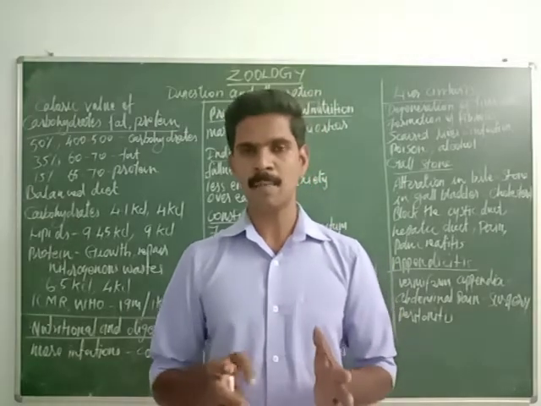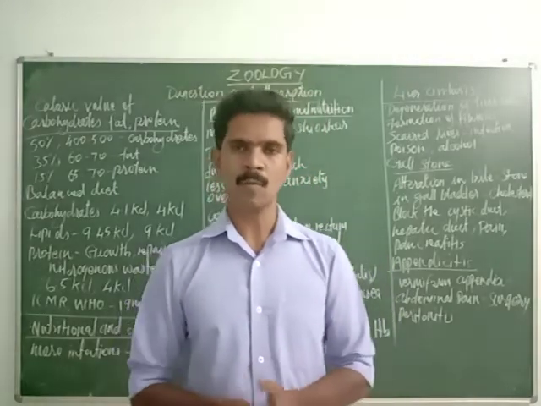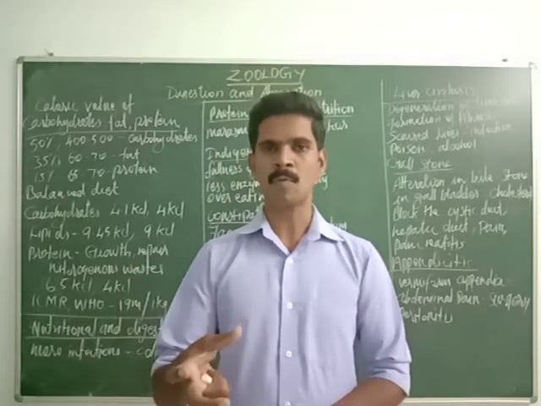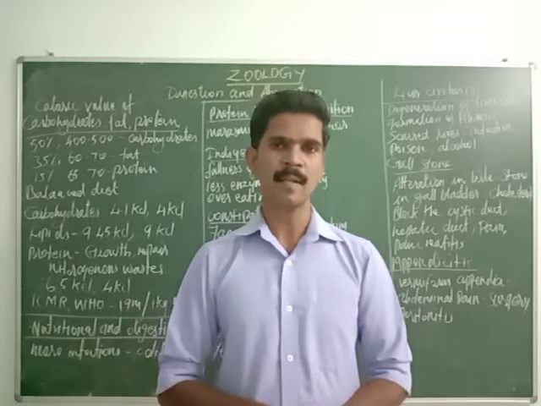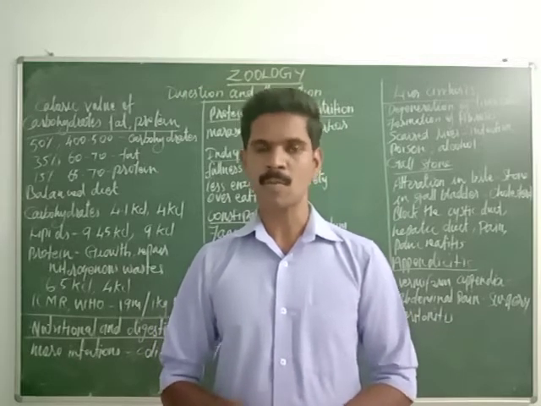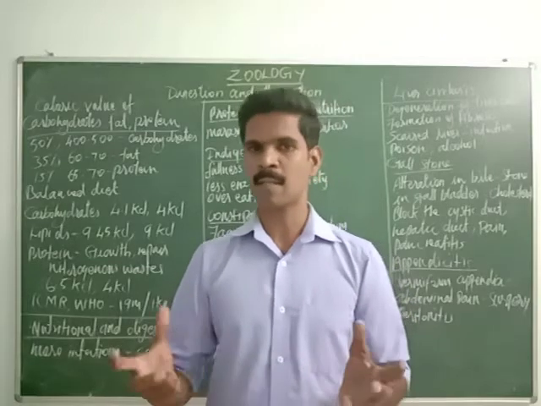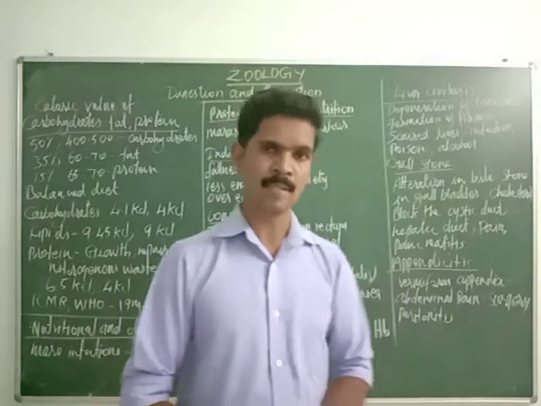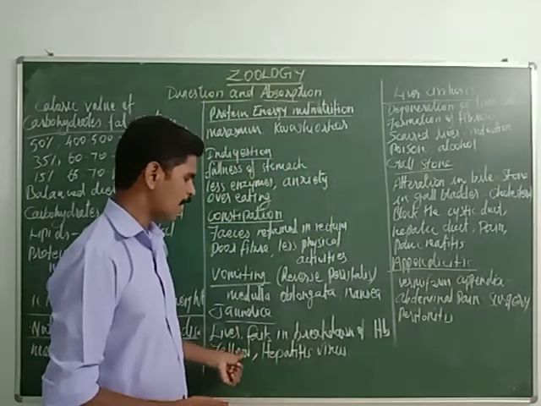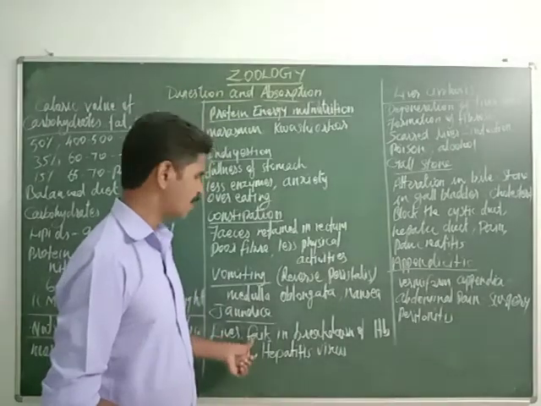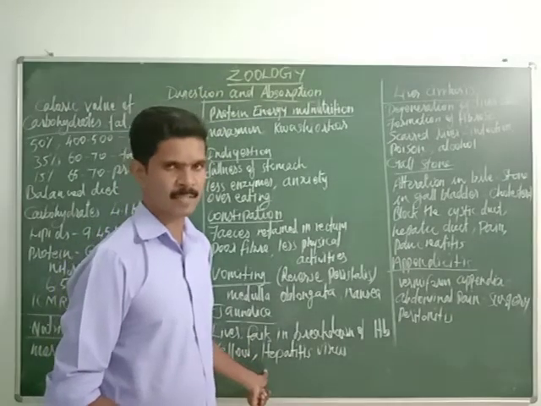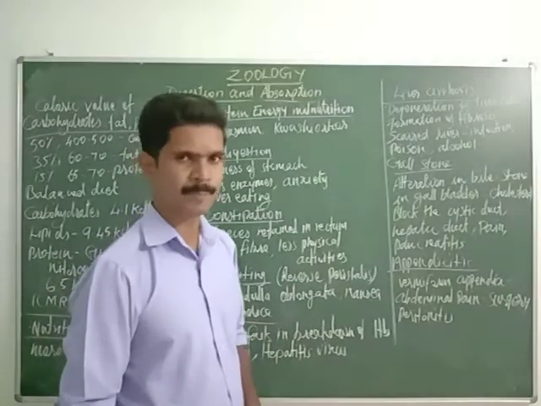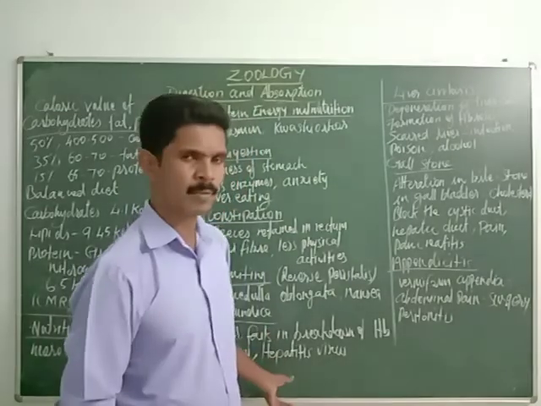So if anybody's liver is affected, the hemoglobin molecules are not broken down properly. As a result, more of these waste materials are deposited inside the body. So it leads to changes in the color of the skin, the nails and the eyes, changing into yellow color. The color of the body changes into yellow. Understand? One of the reasons for this jaundice is hepatitis virus infection. Hope you all understood all the points about this jaundice.